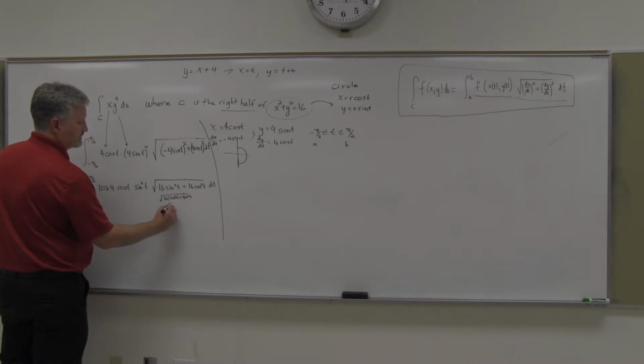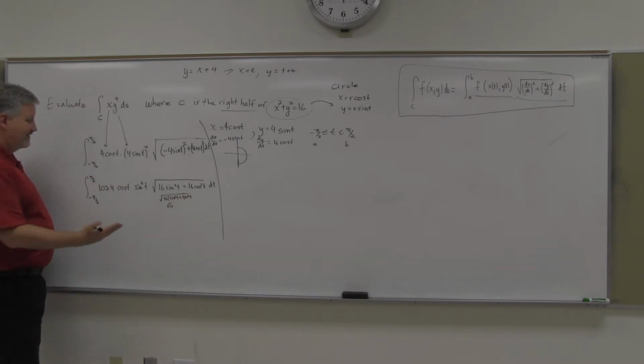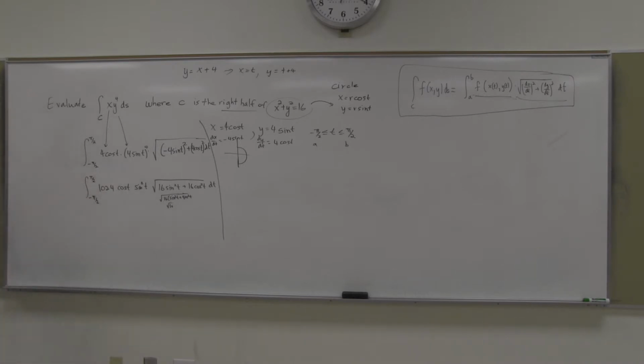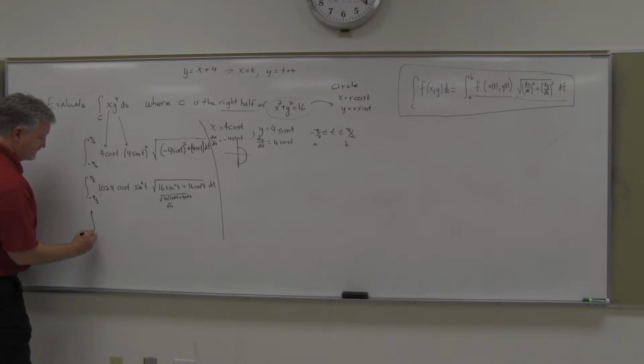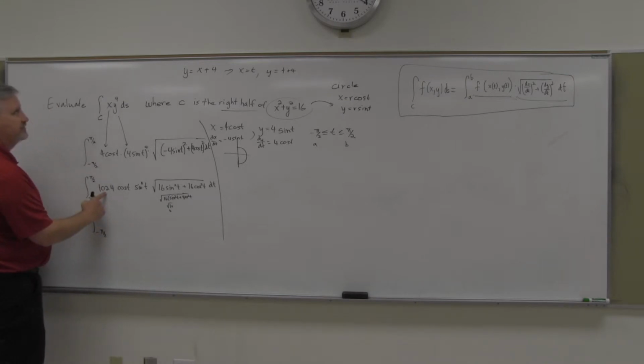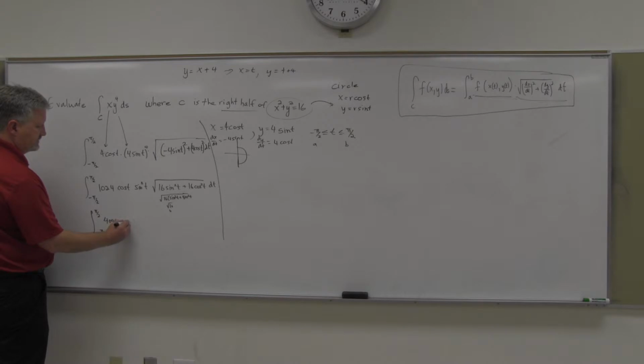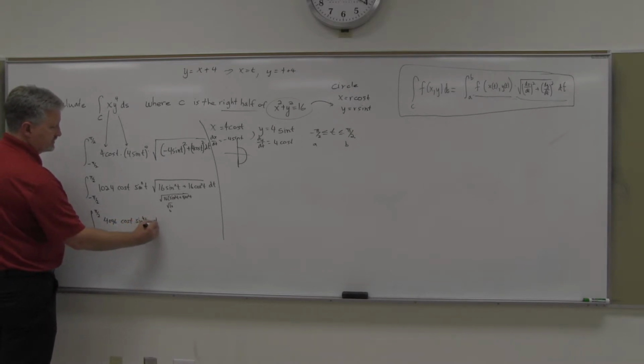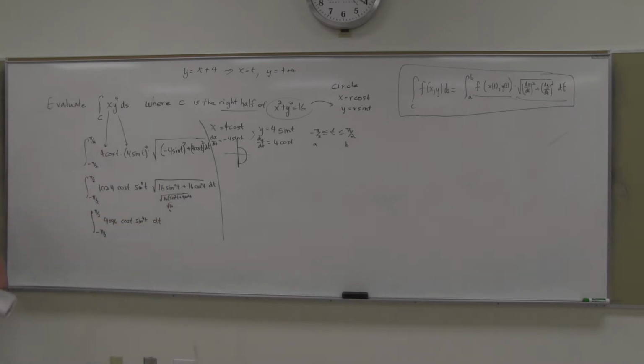So this part here is just going to be the square root of 16, which is 4. So we have another 4 added, 4 to the 4th, 4 to the 6th. So this is all just going to be, so that's 1024 times 4096 cosine t sine 4t dt. So I won't say all of them work out pretty nicely,